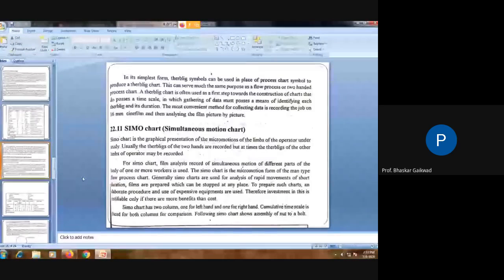Now, Therblig symbols can be used in place of process chart symbols to produce Therblig charts. So, if you use this symbol in place of process chart symbols, then it becomes a Therblig chart. This can serve much the same purpose as a flow process chart or a two-handed process chart. A Therblig chart is often used as a first step towards the construction of a chart